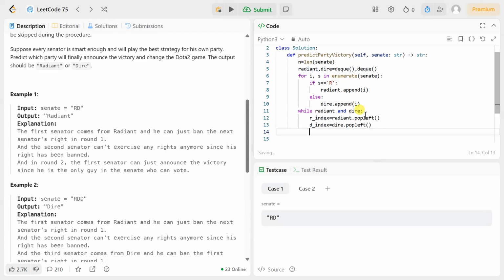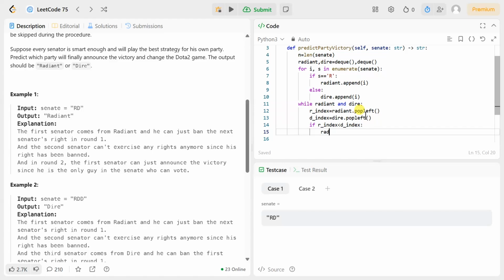Okay, and we will check the smaller index first and it bans the other. Here we will check if r_index is less than d_index, then Radiant.append